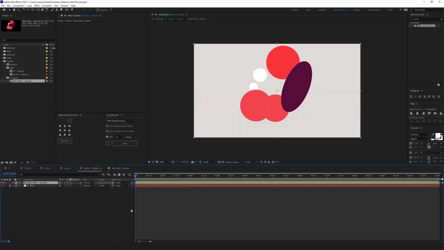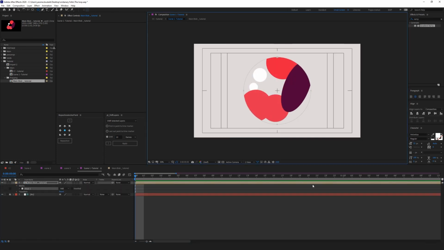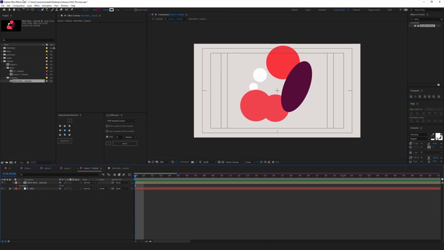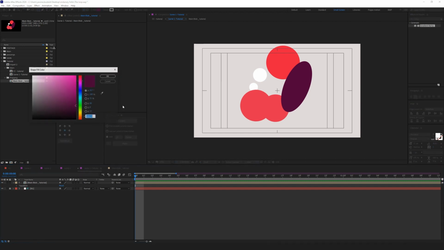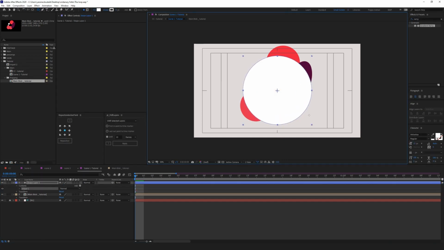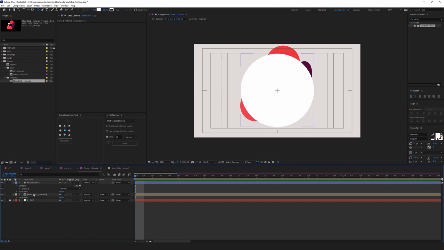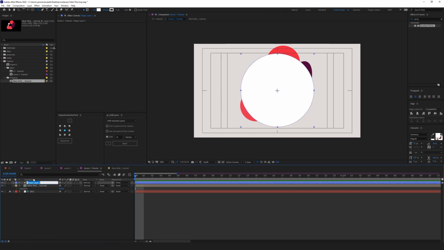The first thing that I'm gonna start doing is I need to first create and mask the circle. I could go and create a mask like this. But if later on I create new elements and I need them to be inside here, it's going to be pretty difficult. So what I'm going to do instead is create a shape. It doesn't matter what color. I'm going to create a shape around here. So this is the size of my mask. And I'm going to call this main mask.